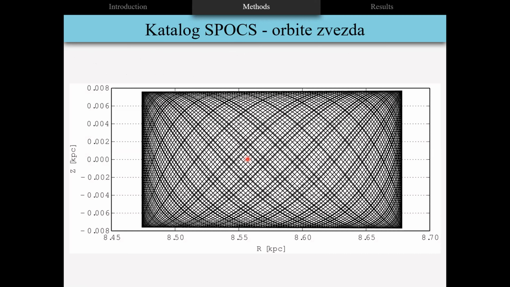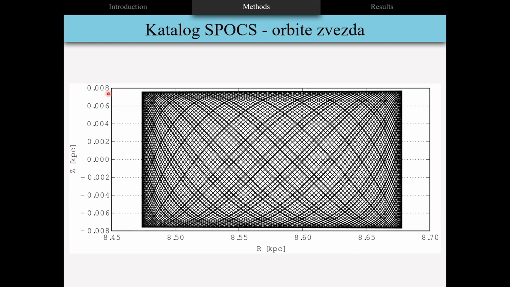This is just to show a few examples of orbits of disk stars. So this is obviously a classical boxy orbit that is well defined in literature. You can see that this star is not going too much from the plane.